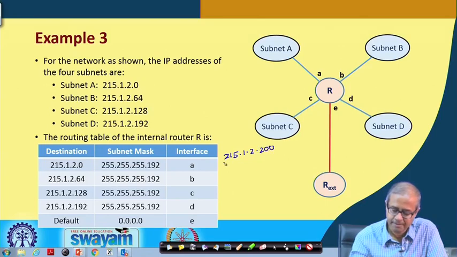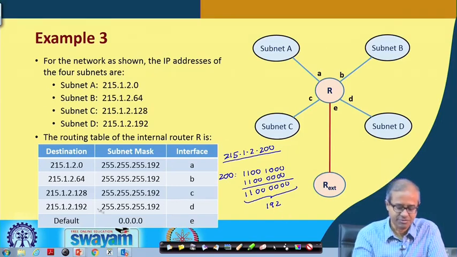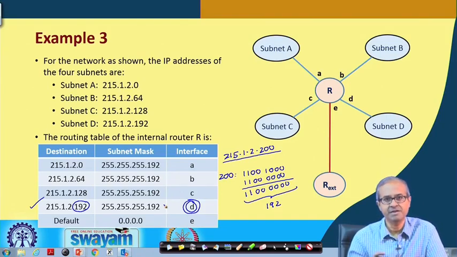215.1.2.200. Now, similarly, what is 200? 200 in binary is 1100 1000, and 192 is this. So, if you do AND, it will be 1100 0000, and 1100 0000 in decimal is 192. So, there will be a match with the fourth row, and the packet will get forwarded to D, right. So, this is how the packet forwarding is